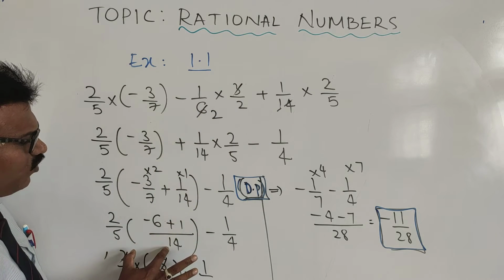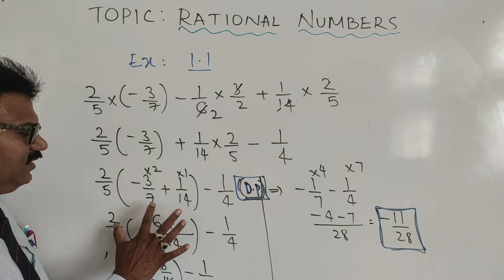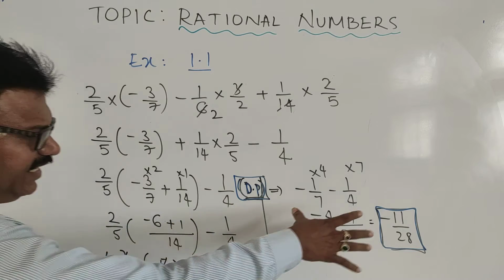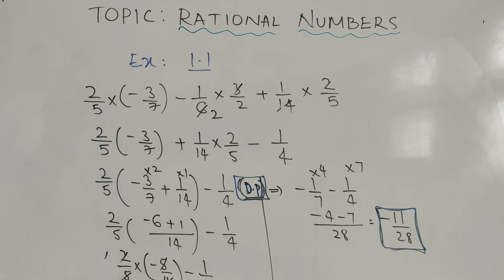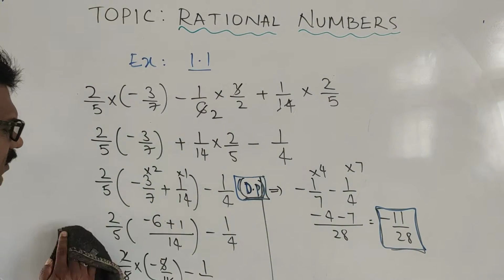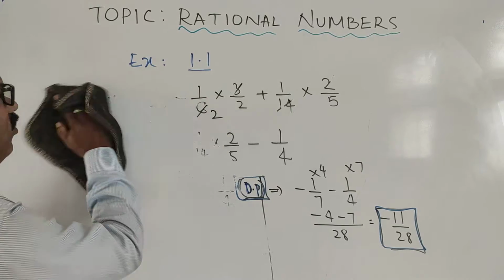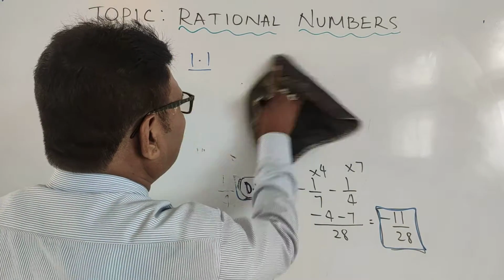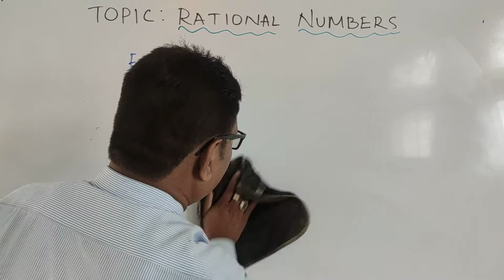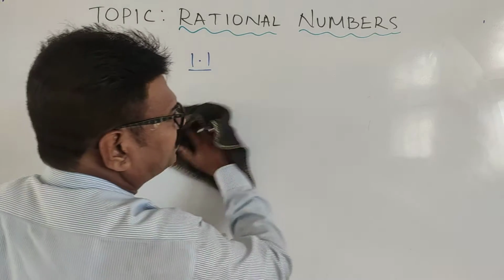Now 14 is the LCM, because 14 is a multiple of 7. Therefore 14 is the LCM. If you do like this, then like this, and lastly the answer will be like this. I hope you understood this. The only thing is we should write the property name, so that we show we are applying that property. It is nothing but application of the properties.